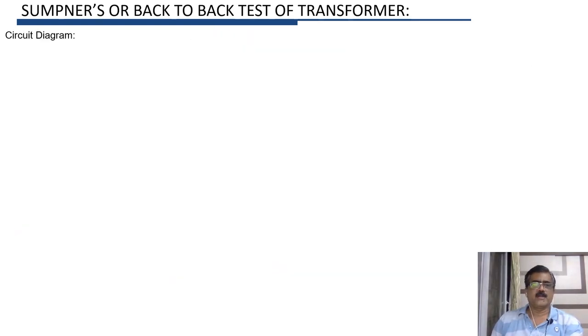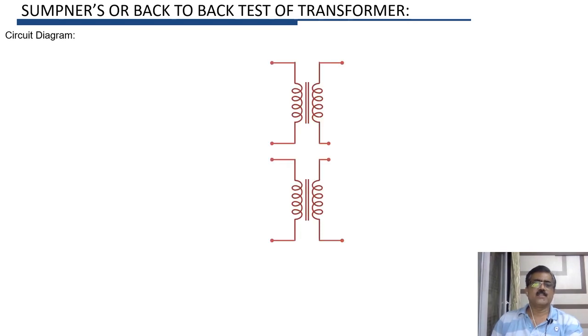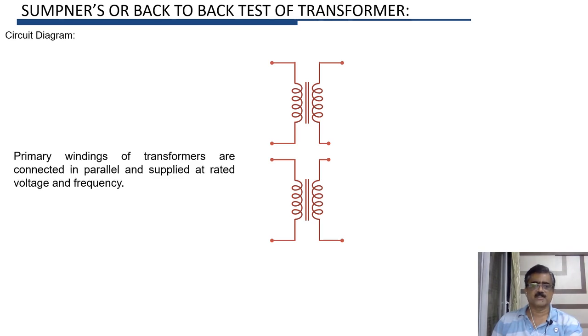We have seen that to perform Sumpner's or back-to-back test, we need two identical transformers. Suppose these are the two transformers which are to be tested by Sumpner's test. Let us now see the circuit diagram or connection diagram for Sumpner's test. Now, in Sumpner's test, primary windings of two transformers are connected in parallel, and the windings are supplied at rated